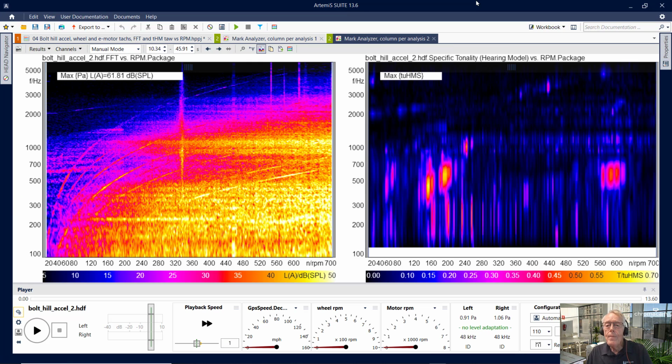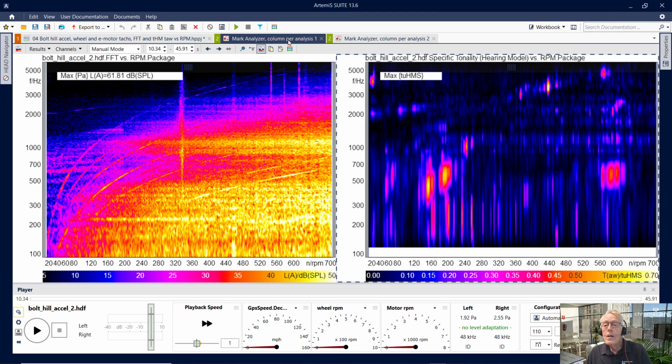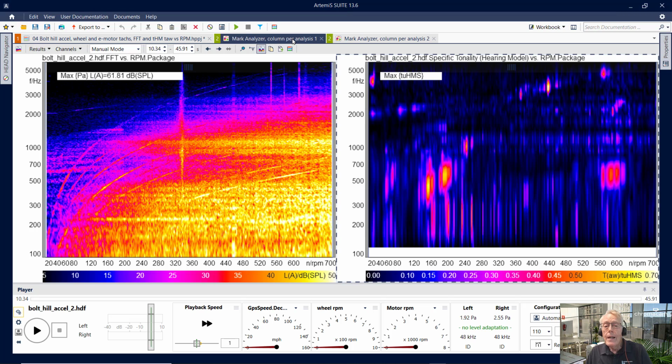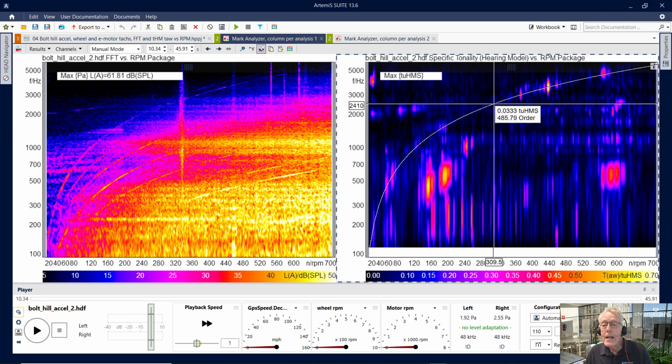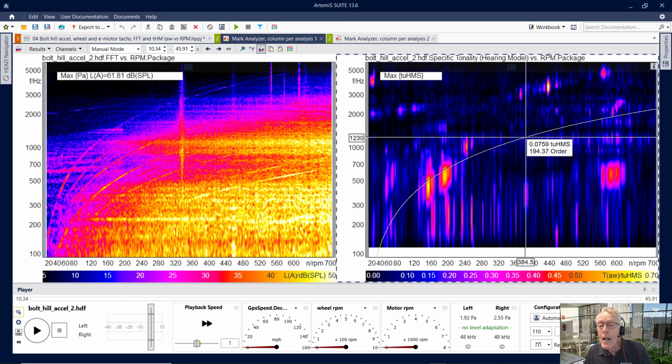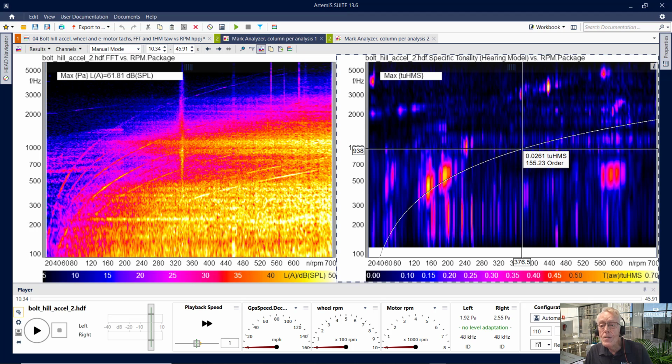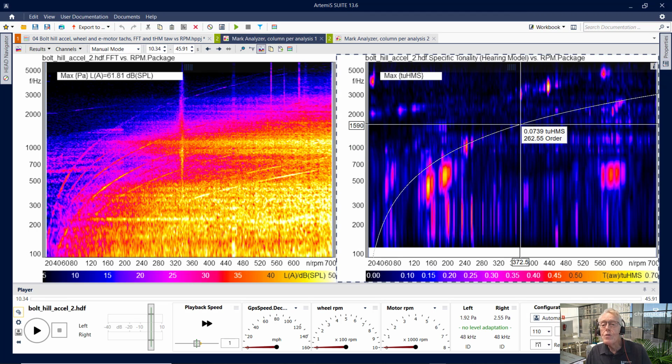Waiting for the calculation. We have here the straight tonality hearing model, specific tonality result, versus the one with the tonal annoyance weighting on. Incidentally, at this particular time, the frequency of tonality does not have the switch for tonal annoyance. We have been noticing that in some cases, like this one, there may be some tonalities at a little bit lower frequency that are at or under 1,000 hertz, which actually are a higher magnitude with the tonal annoyance weighting